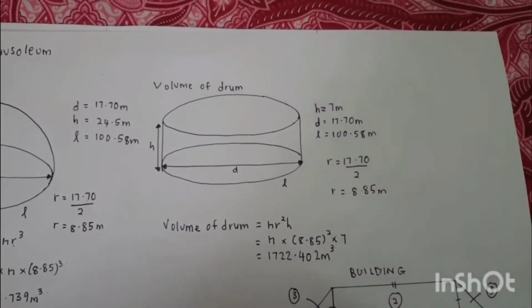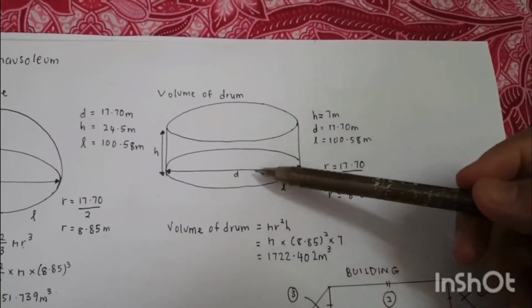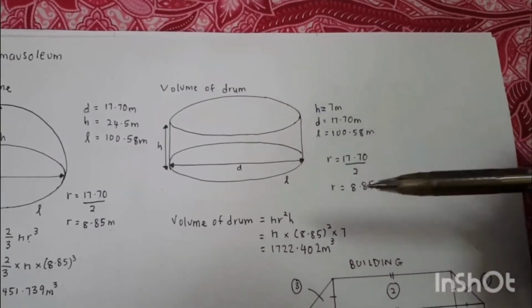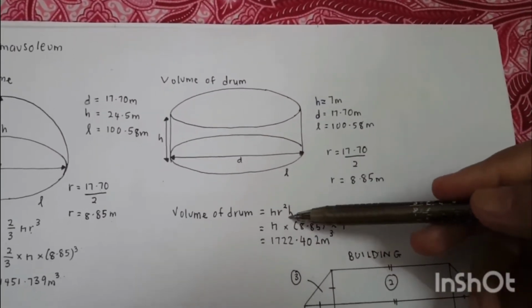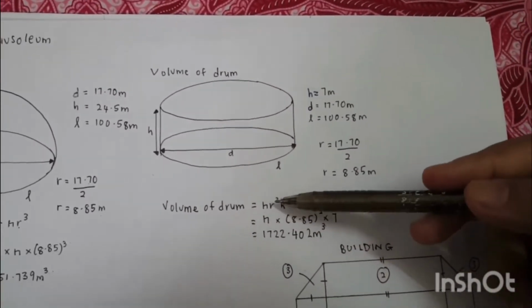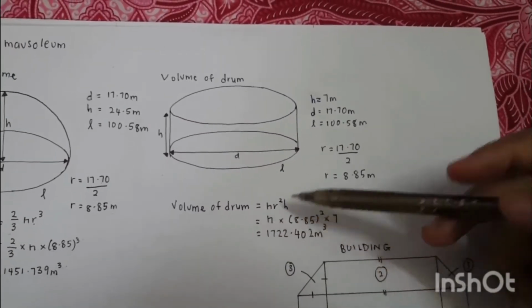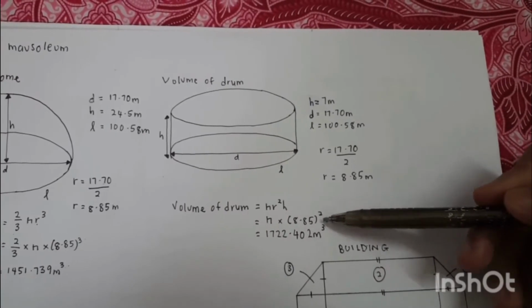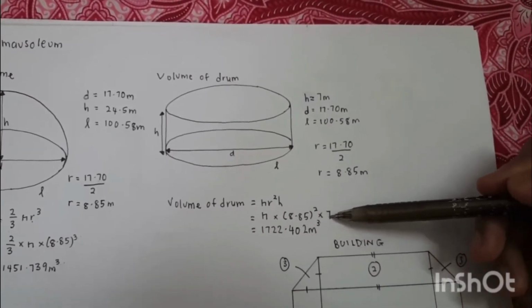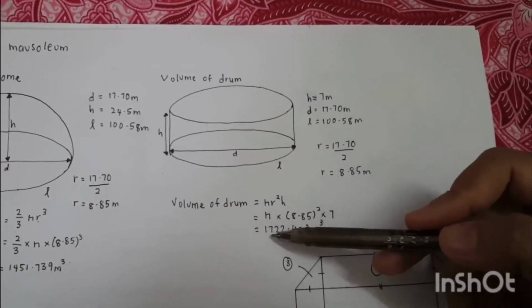Alright, now we go to the second shape, which is the drum, referring to the cylinder shape. Using this cylinder formula, which is pi r squared multiplied by h, we insert the value: pi multiplied by 8.85 squared multiplied by the height, which is 7. Then we got the answer 1722.402